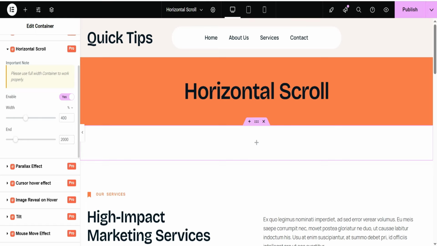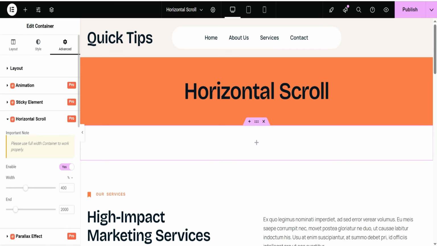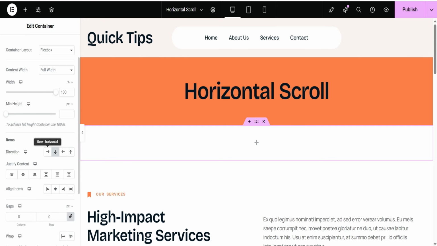I'll show you how this end feature works also. So this is the section which will be used for the horizontal scroll. All right, now under this section we are going to add different containers. So if I go to layout, you can change the direction to horizontal, or you can keep it on the default vertical direction. So I'm going to keep it on default vertical direction, and inside this section or the container